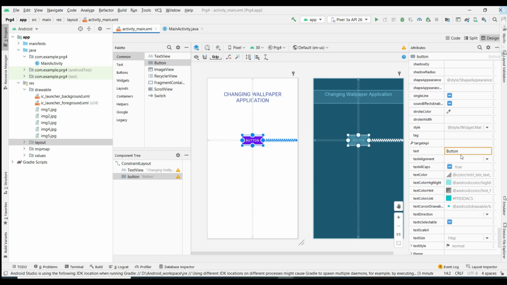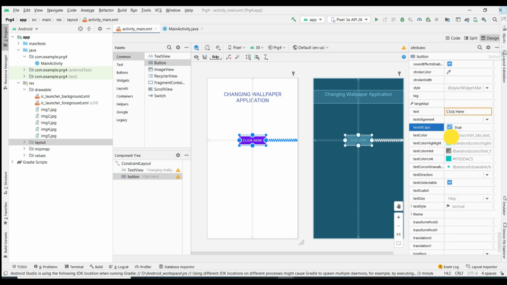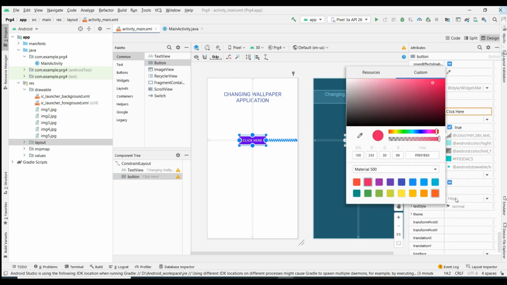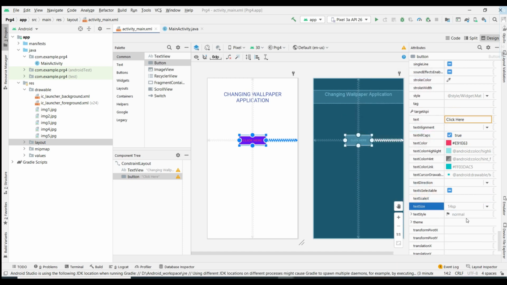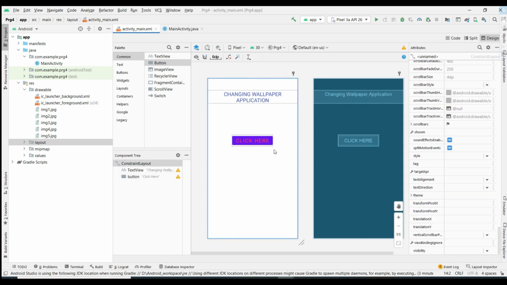So here I'm going to change that. I am giving it as click here. You can give something like click here to change wallpaper, anything is fine. I'm just going to use it like this. Whichever you prefer, you can give. Then even the text size, I'm going to give it as 24. I think it is fine.